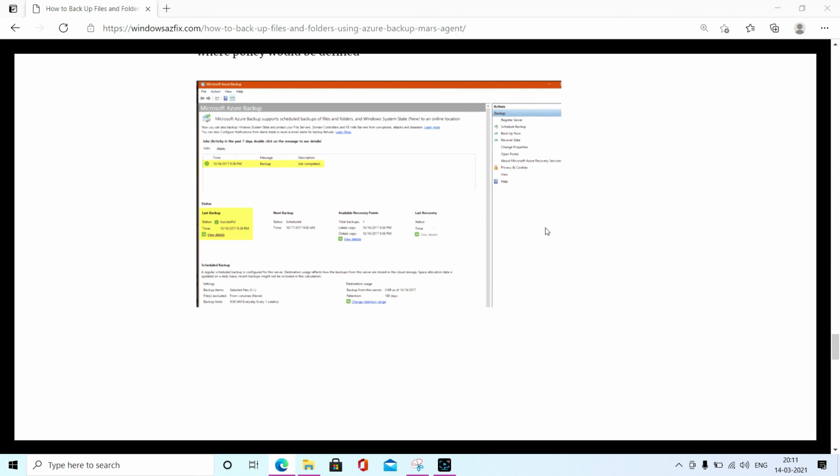So this is all about file folder backup, how we can create file folder backup in Azure, and why we need it. In the previous video, I talked about VM backup, how we can take an entire VM backup. If you want to look at that video, I will add it in the suggested videos. You can visit it and check how we can create the VM backup. So this is all about the file folder backup.